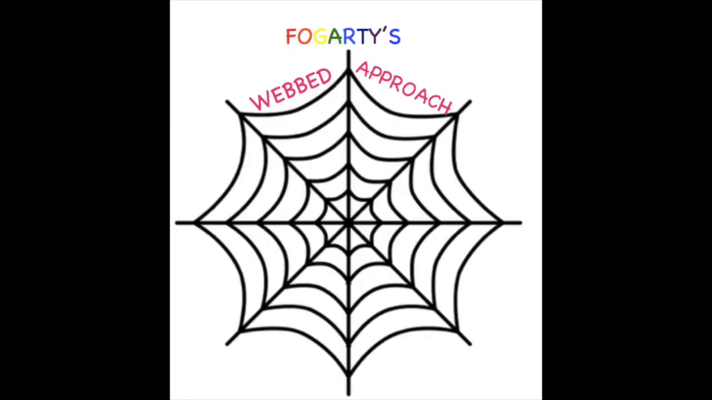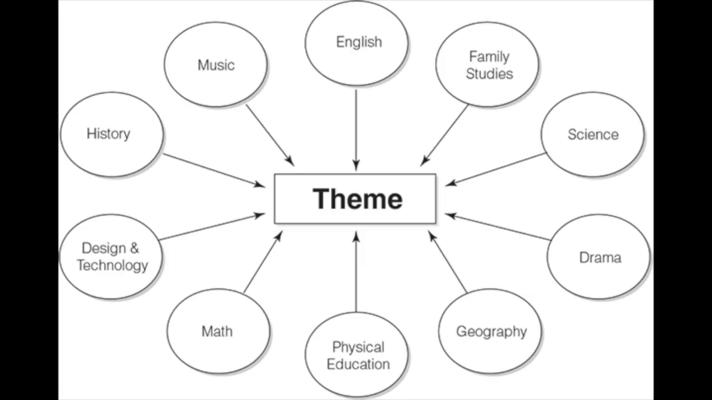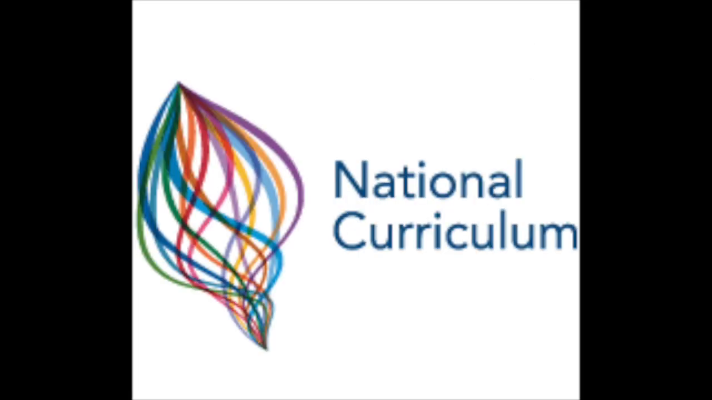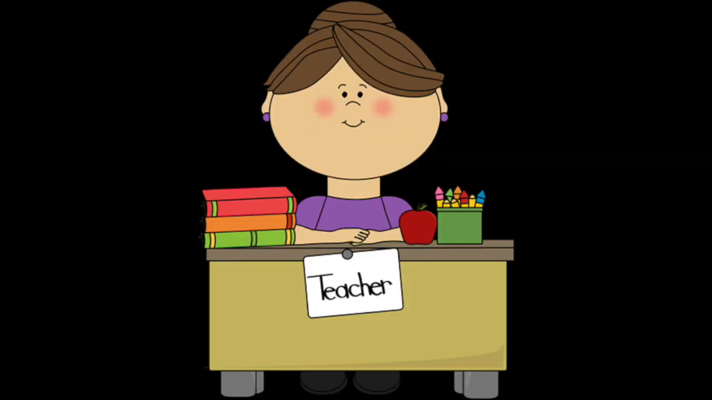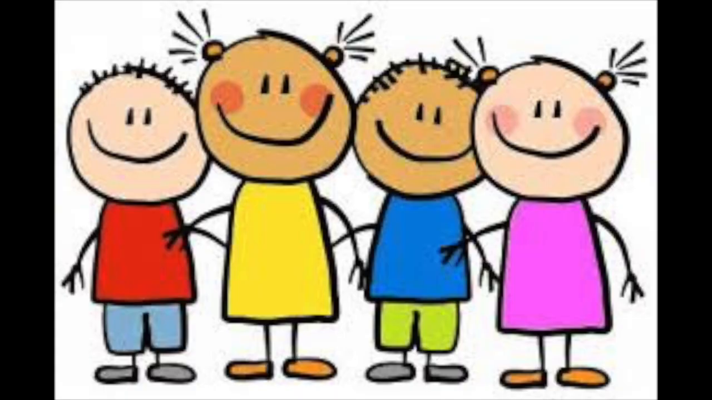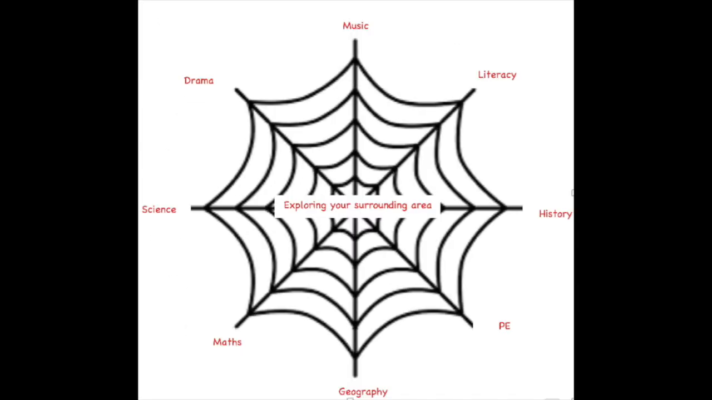Fogarty's Webbed approach is one way to teach cross-curricular lessons creatively. Fogarty and Bryan, 2009. Fogarty's Web is a concept linking learning activities to different strands across the national curriculum. There are two parts to developing a webbed approach. First, a theme is created by both the teacher and the children. And second, the web is then developed by brainstorming different strands within the theme, which are connected across different subjects